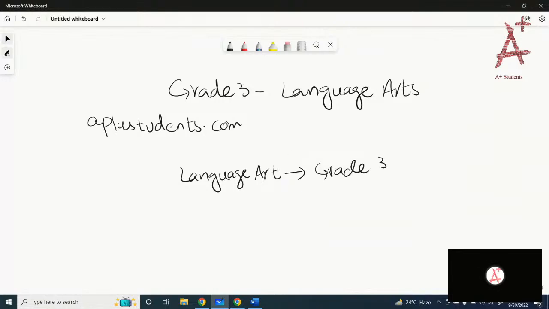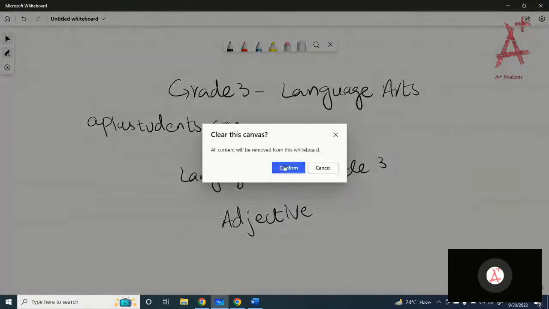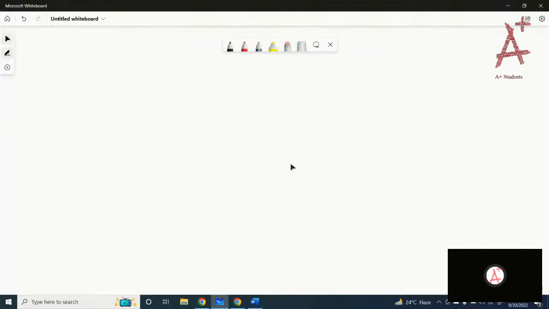Then we are on the second chapter that is named adjective. So start with the chapter named adjective, and let's start with the very first topic, does the adjective tell you what kind or how many? Got it? So we are going to start with the second chapter, that is adjective. The chapter name is adjective, and the lesson we are going to start with is